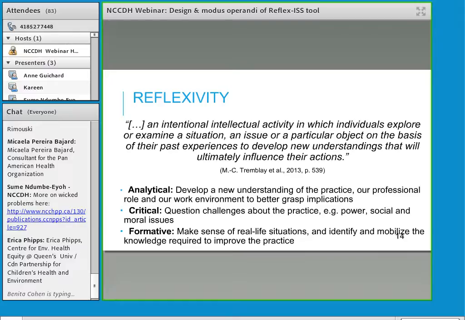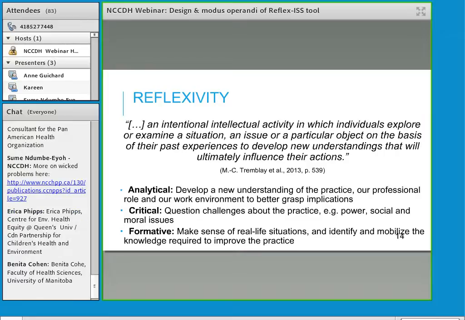Before we continue with today's presentation, let me explain the concept of reflexivity. In an organizational environment, reflexivity refers to an intellectual process that helps to question practices, roles, beliefs, values, and biases professionals have and that promote learning and their application in the practice. In a nutshell, it is all about learning activities and professional development.